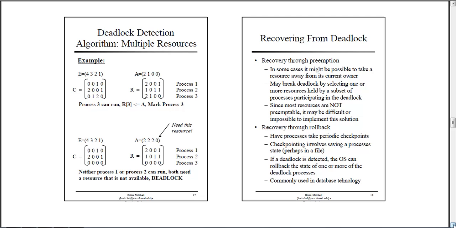Since most resources are not preemptible, it may be difficult or impossible to implement this solution. Recovery through rollback. Have processes take periodic checkpoints. Checkpointing involves saving a process's state, perhaps in a file. If a deadlock is detected, the OS can roll back the state of one or more of the deadlocked processes, and this is commonly used in